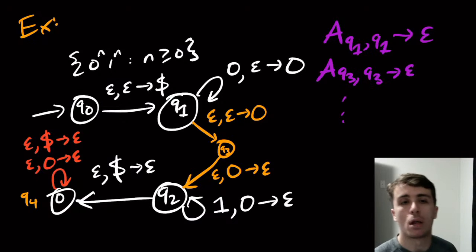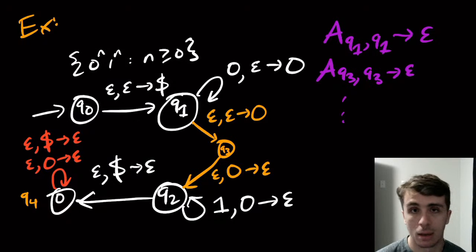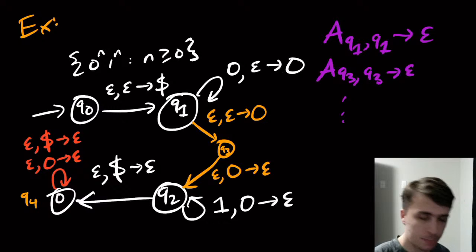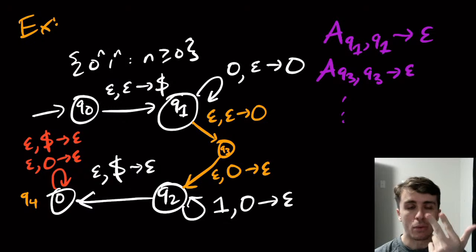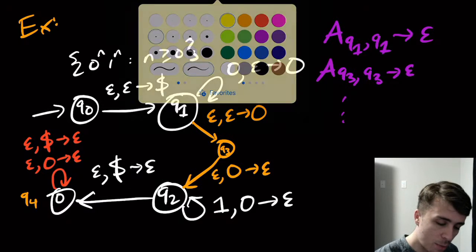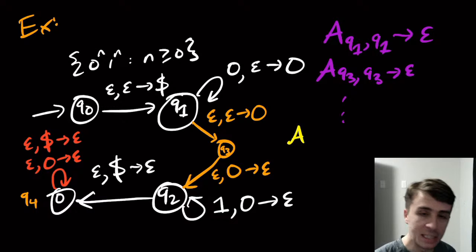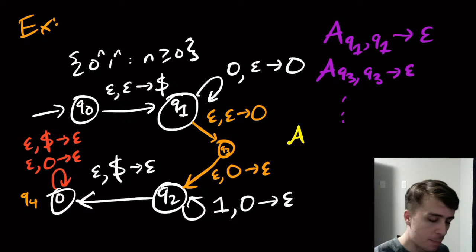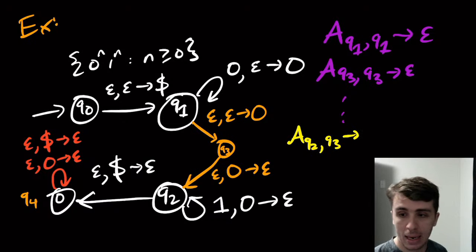I'm not going to do all of them because there's actually quite a lot of rules that we'll be making. The second one that we saw needed three states, P, Q, and R. The way we handle this is we pick two states at the beginning. Just pick any two states. It doesn't matter. They could both be the same. So let's say I pick 2 and 3 just as an example. So A sub Q2, Q3, making,